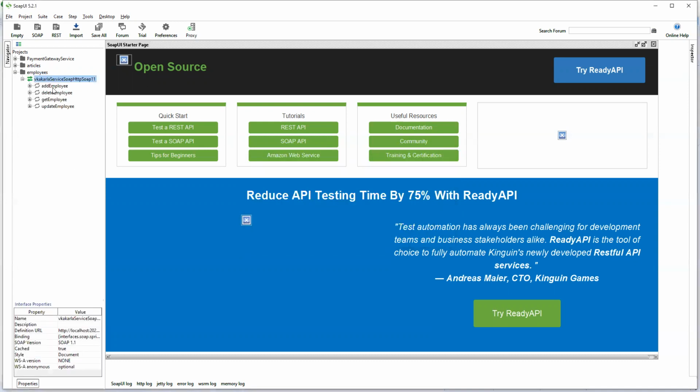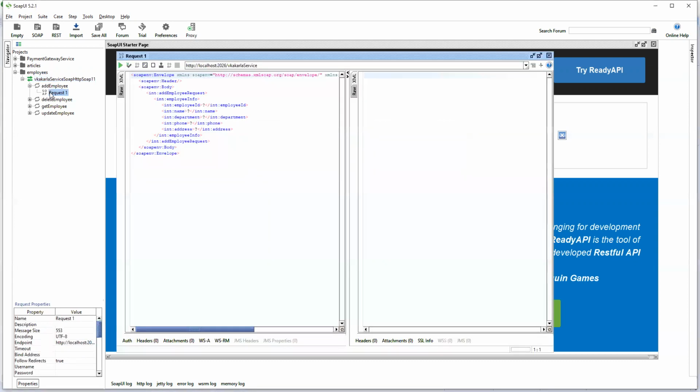So now see, add employee, delete employee, get employee, and update employee are coming. By default it will load from the visual document. Now you can give the employee ID, 1 2 3 4 5, and name. Name is Veerraju.